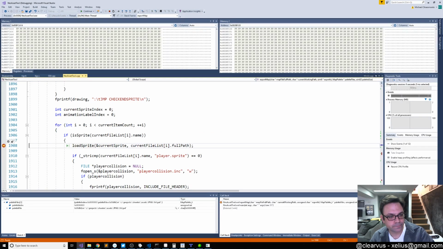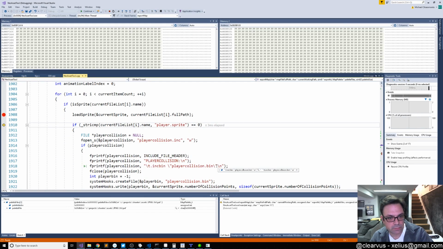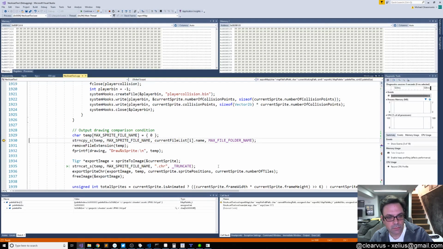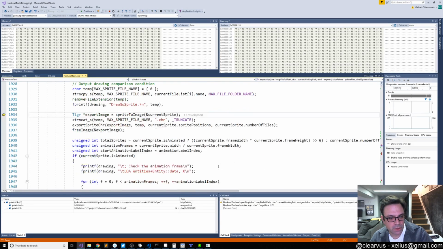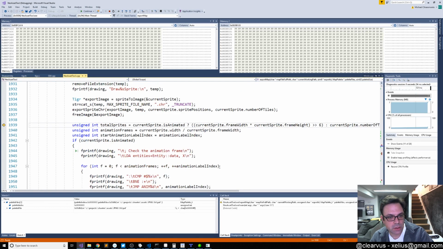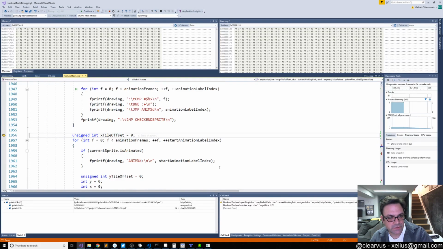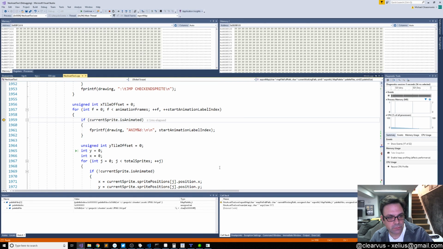There. Alright, so what's this one? That's the bullet, that's the player, and that's the cloud, and that's the scout. Alright, so that's the draw cloud sprite. We're exporting the character ROM. It's not animated, so let's go through